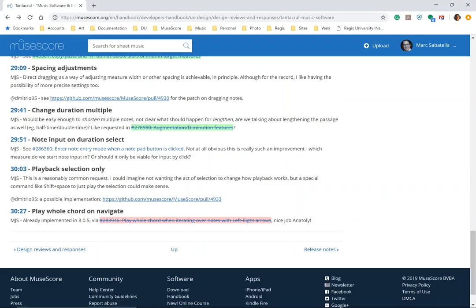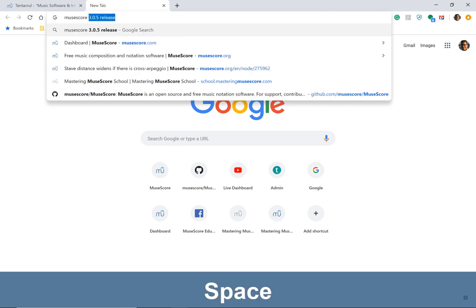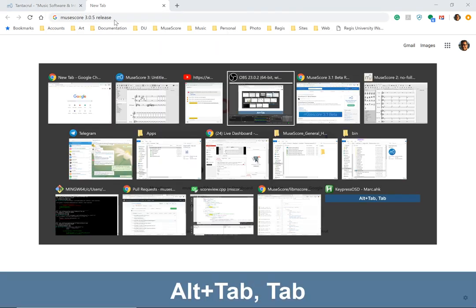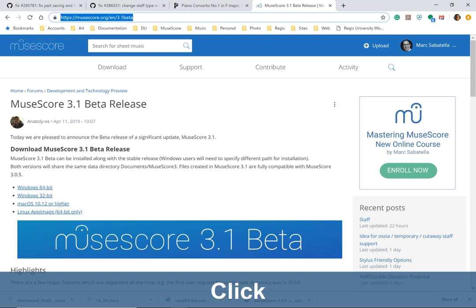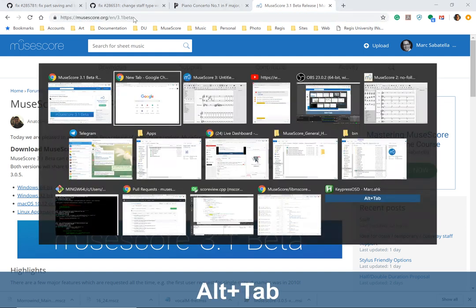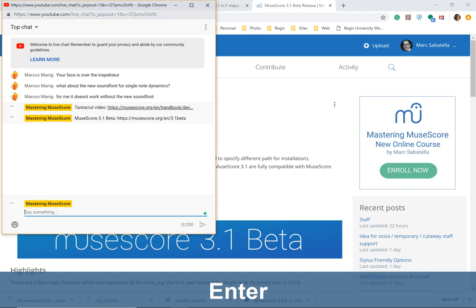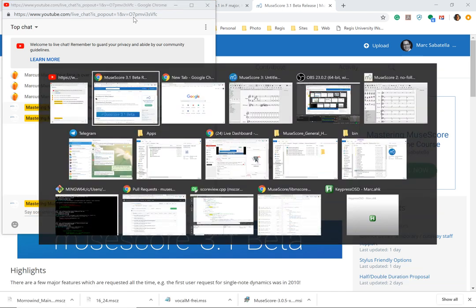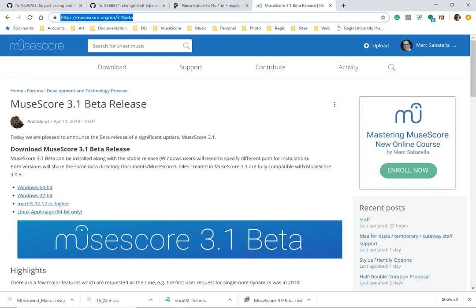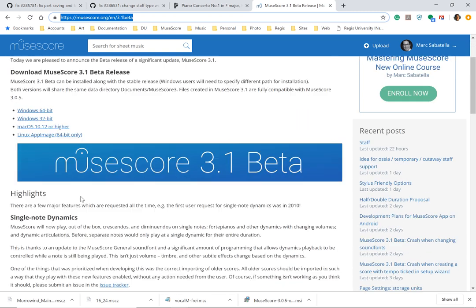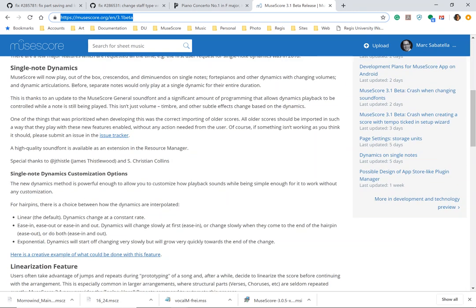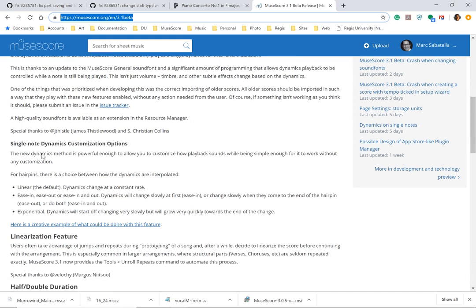I should get to the actual page. MuseScore. Oh, I have the page up already. Here we go. Here's the page, and I'm going to come back to it in a second. Here's the page where you get information about the beta release. It's just the announcement, and it has links to the downloads for the different operating systems and talks about what the features are, including a fairly decent description of